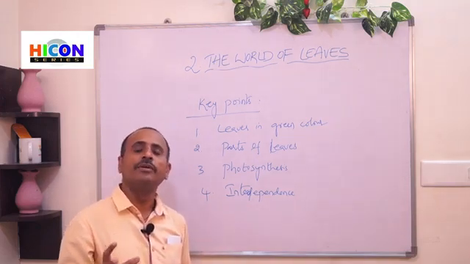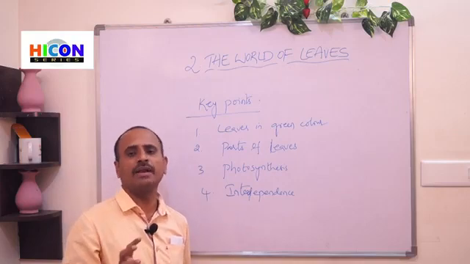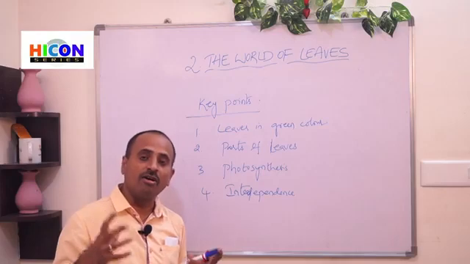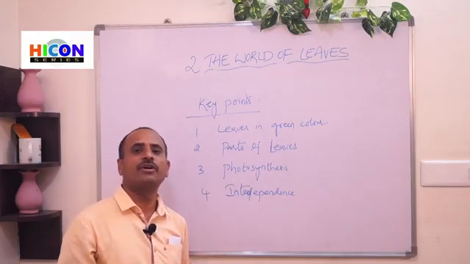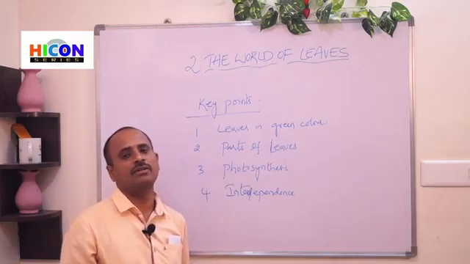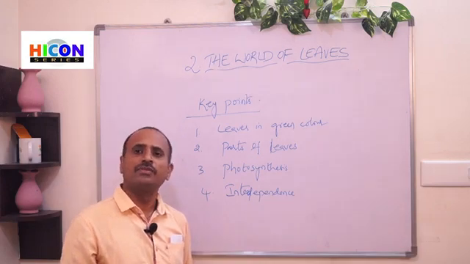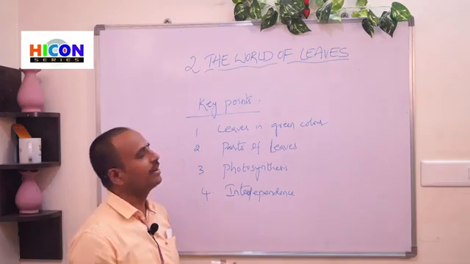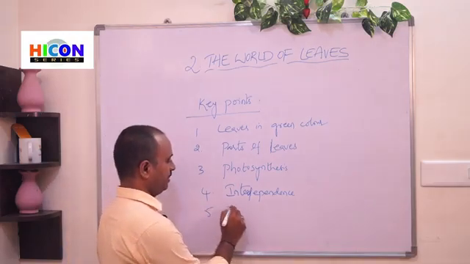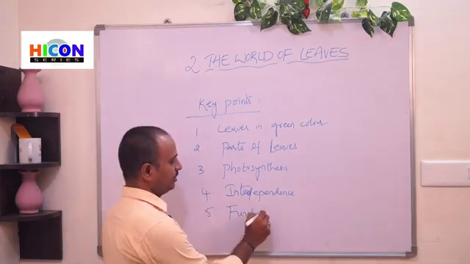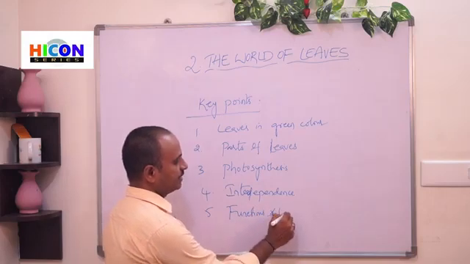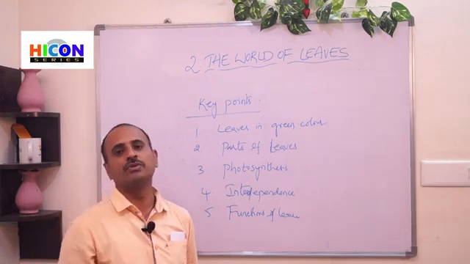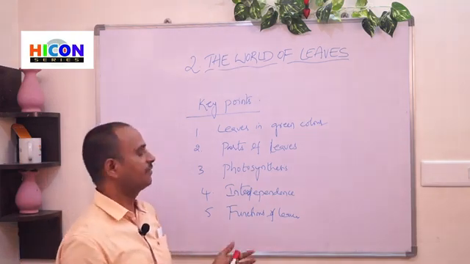That's why we should maintain the balance of plants and animals. Then only can we survive for a longer time on this earth. If there are no leaves, we cannot survive for long. If there are no animals, there will be no plants. Also we have discussed the functions of leaves. There are some more functions of leaves: they give shade, they prepare food, and they reduce noise pollution. These are the functions of the leaves.